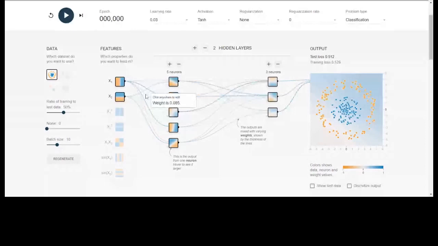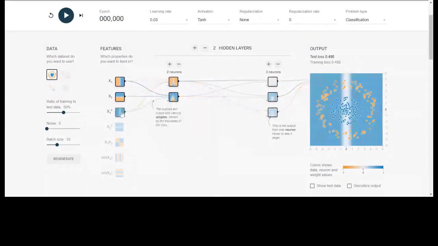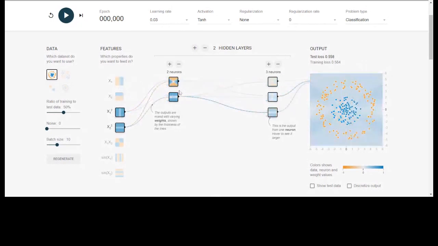It's becoming like a triangle here. In the hidden layers, you can see the shape each neuron is trying to detect. If we decrease the number of neurons, we are not having a proper boundary here, because we don't have enough neurons to detect the required shape. Suppose we take something else, x1 square, x2 square,